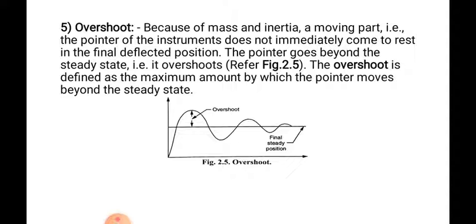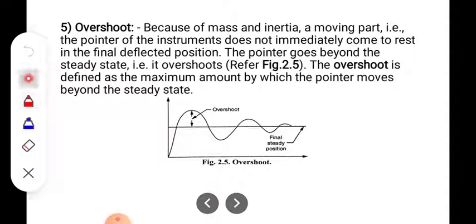that horizontal line. Okay, so this horizontal line is representing the final steady state position, but the maximum amount by which the pointer moves beyond the steady state, so this much amount the pointer moves beyond the steady state, and this is nothing but the overshoot. In other words, we can say that the pointer of the instrument does not immediately come to rest in the final deflected position, and that pointer moves beyond the steady state line, and that is nothing but the overshoot. Okay, so